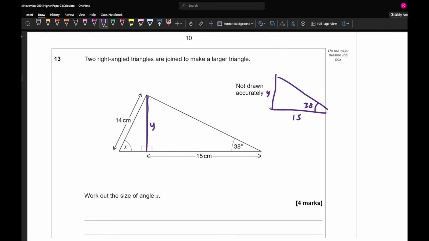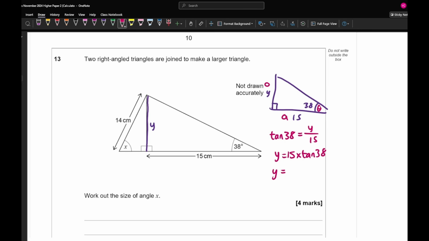I need to use trigonometry to work out y first. Labelling my triangle, this is A, this is O, and this is theta. Which trig ratio uses O and A? That's going to be tan. So I've got tan 38 equals y over 15. So y is going to equal 15 times tan 38,